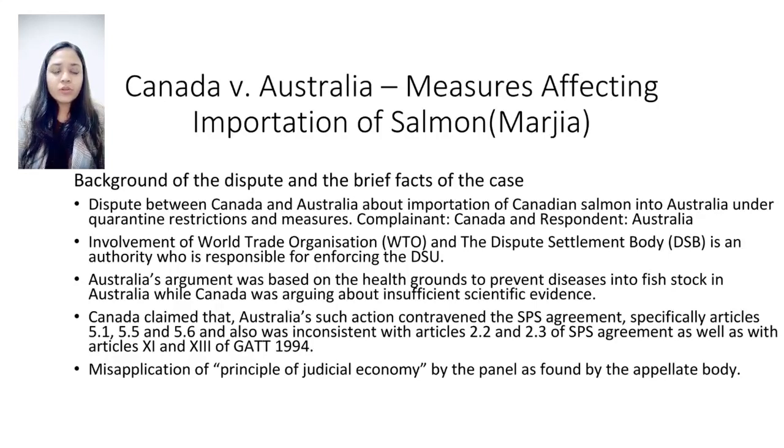The measure at issue was the restriction from Australia on Canadian salmon, and the product at issue was fresh, chilled, or frozen Canadian and other types of salmon. Canada had complained to the WTO, the World Trade Organization, against Australia's quarantine restrictions and the measures used to prevent the commercial importation into Australia of fresh, chilled, or frozen Canadian salmon under Quarantine Proclamation 86A of 19 February 1975